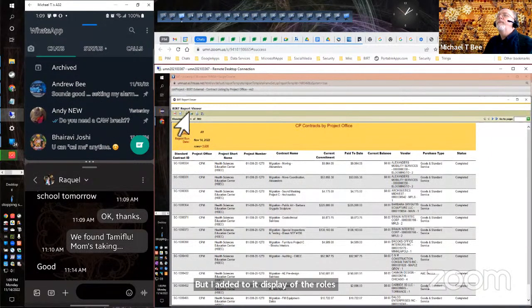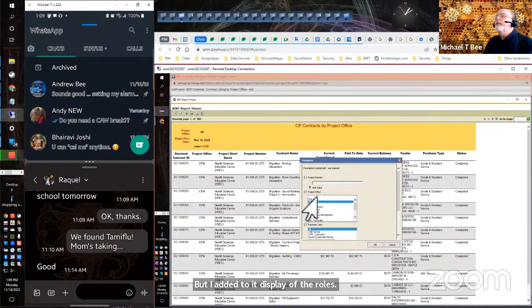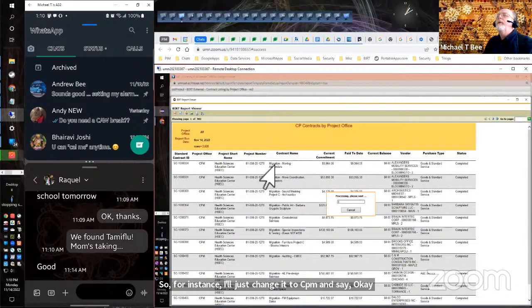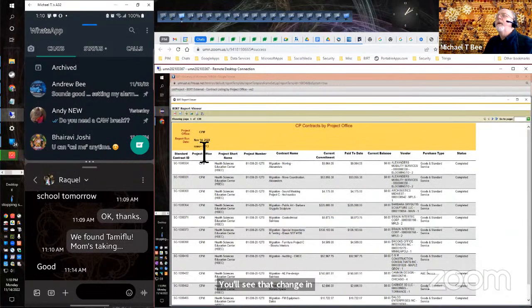Likewise, when you change it, so for instance, I'll just change it to CPM and say okay. You'll see that change in the header, and you see the row count has also been adjusted because it retrieves fewer. And then if you filter it further,